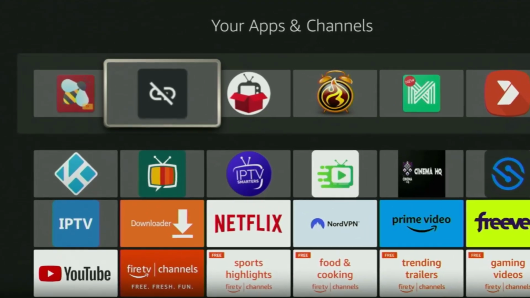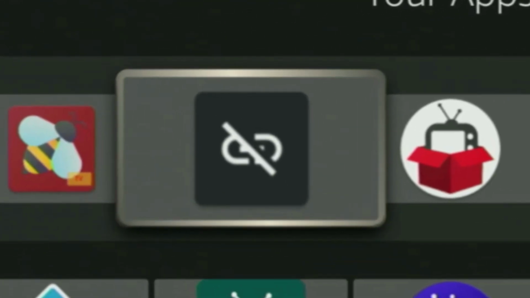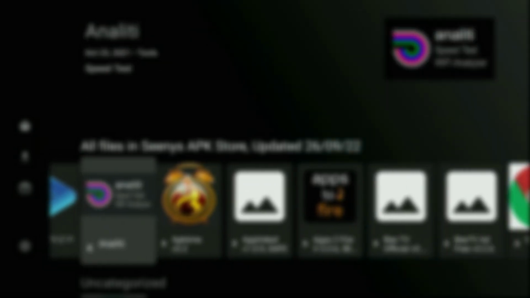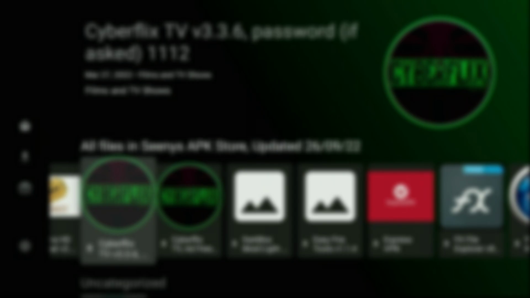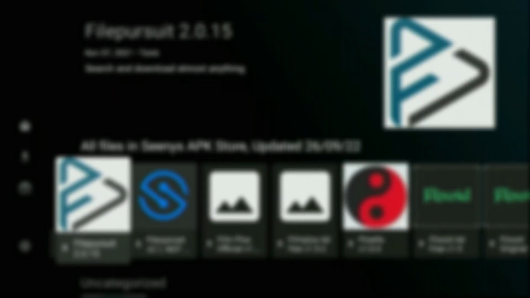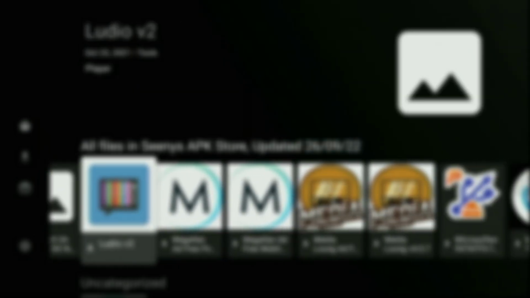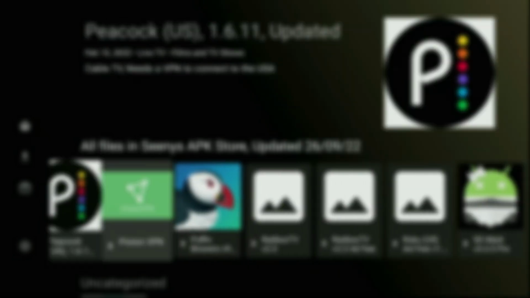Hey, how's it going? Today I'll show you the best codes that you can use in the Unlinked application. This way you'll be able to jailbreak your Firestick, or in other words, to get hundreds or even thousands of apps which are not available in the official Amazon App Store. There are all kinds of apps: movies, TV shows, live TV, IPTV players, sports applications, or even adult apps. So now, without any further ado, let me show you how to get Unlinked and the best codes for that